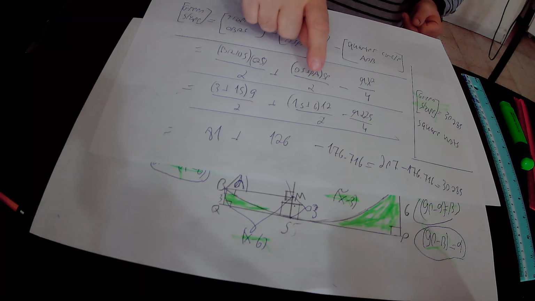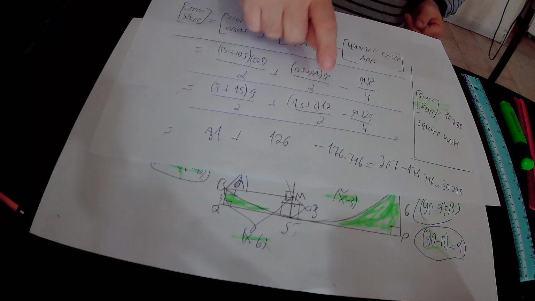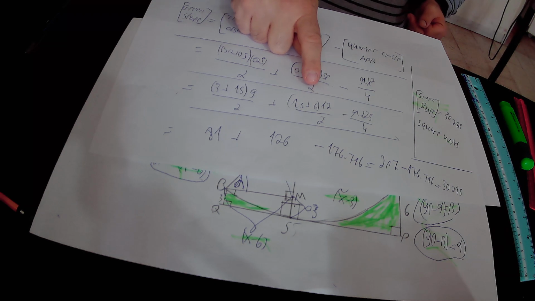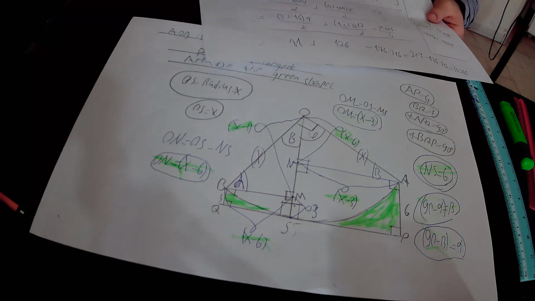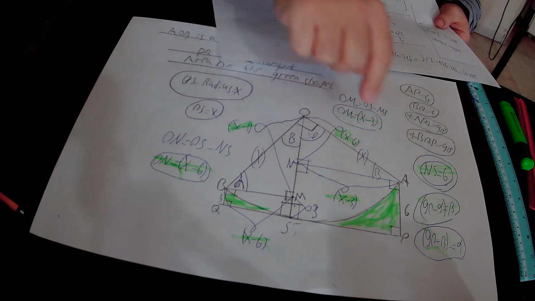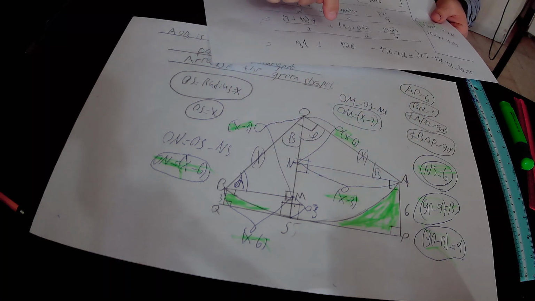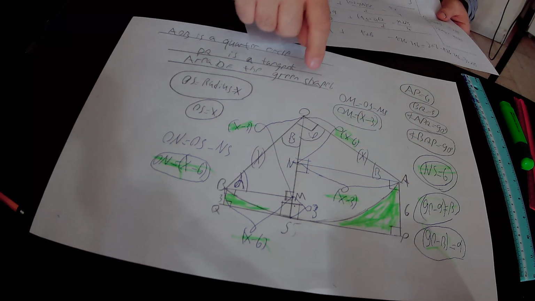OS is 15, PA is 6, SP is 12, over 2. 15 plus 6 is 21, and 21 times 12 over 2, which is 6, is 126. And we found out that the area of trapezoid OSPA equals 126 square units, minus the area of this